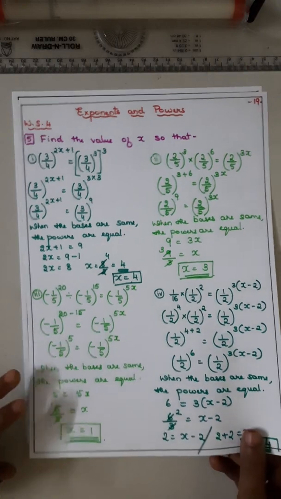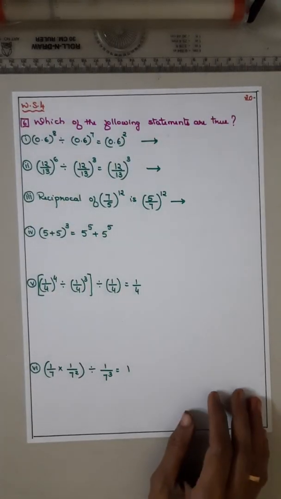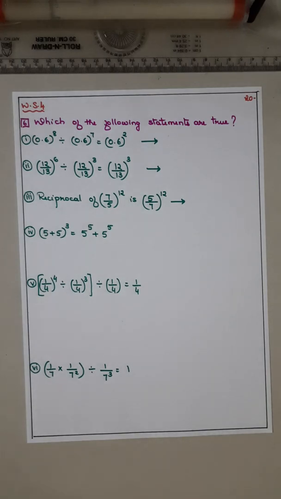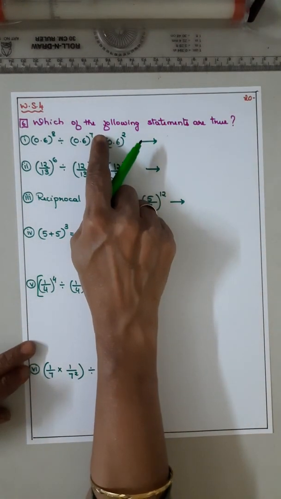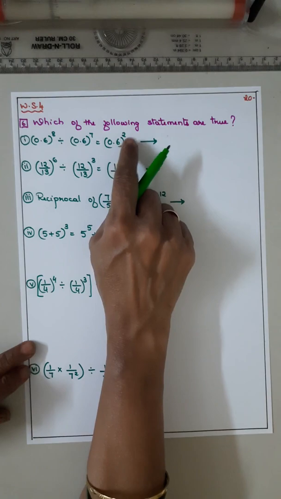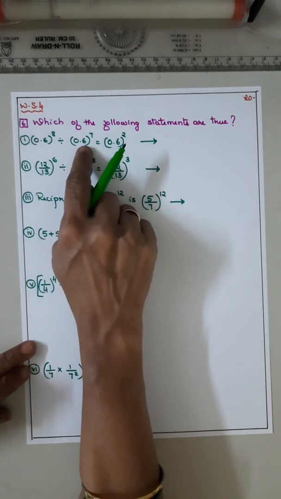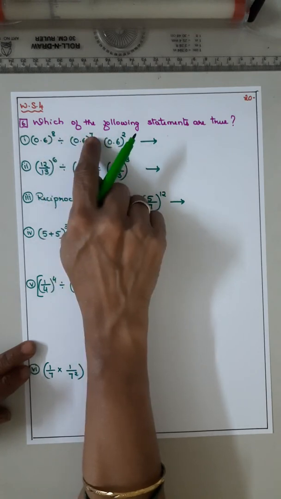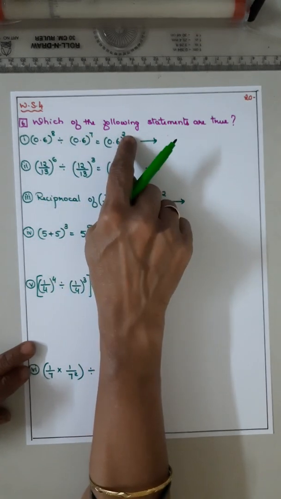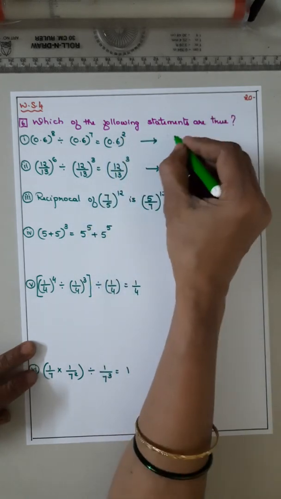Now coming to the sixth sum, the last sum of the worksheet 4. Which of the following statements are true? In the first one, it is 0.6 to the power 8 divided by 0.6 to the power 7 is equal to 0.6 to the power 2. Bases are same, in between division, so we have to subtract. 8 minus 7 is 1, but here it is given 2. So the answer is